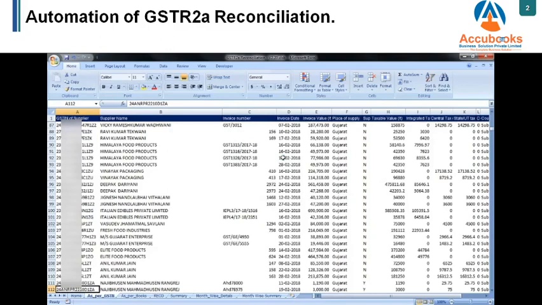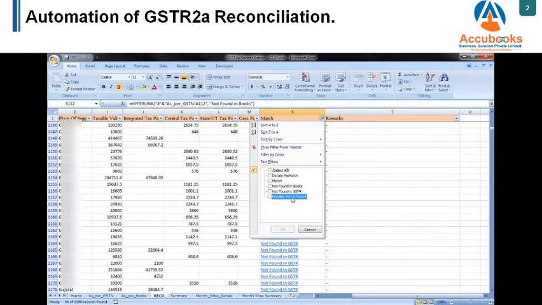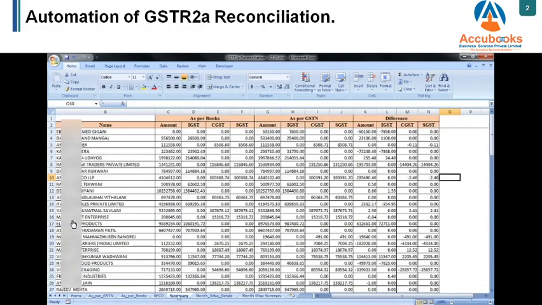Maybe some bank charges or other invoices that I forgot to record. Then the next thing is not found in GSTR. These are the invoices that are recorded in my books but not showing on the GSTR 2A. And the last is possible match found. If the invoice number is not matching but the amount is matching, then it will show.